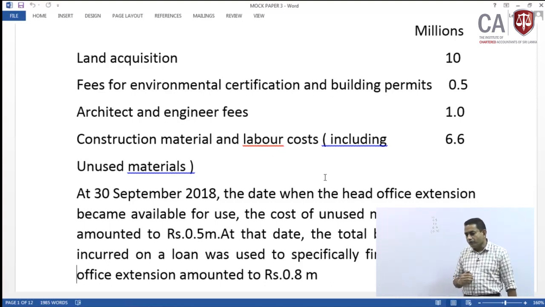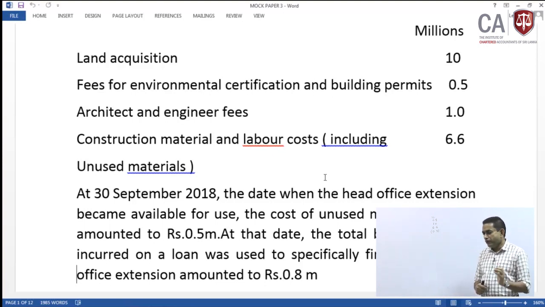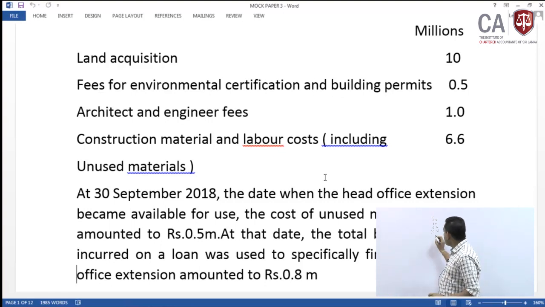And apart from all these costs, we have another finance cost element involved. What is it? Apparently, the construction has been financed out of a borrowing for which we have incurred a borrowing cost of 0.8 million rupees, and that is done based on LKAS 23 Borrowing Costs. So this borrowing cost seems to be a directly attributable cost incurred on a qualifying asset. You know what a qualifying asset is. Building seems to be a qualifying asset, no doubt. So without being hesitant, we can take 0.8 million rupees borrowing cost as well.